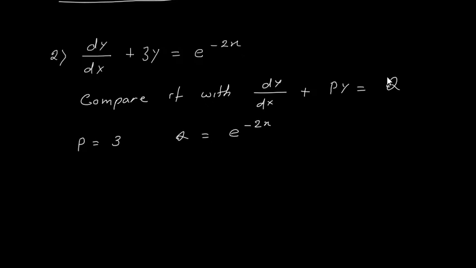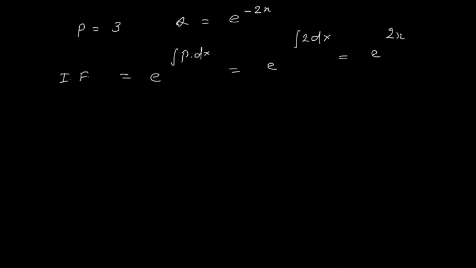Next we will find the integrating factor, which is e power integration of p dx. So this becomes e power integration of 2 dx, which is equal to e power 2x. So in the last problem also we got the same integrating factor. So therefore the general solution is,